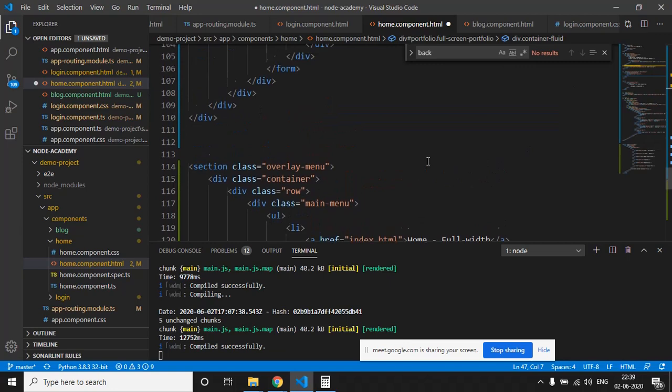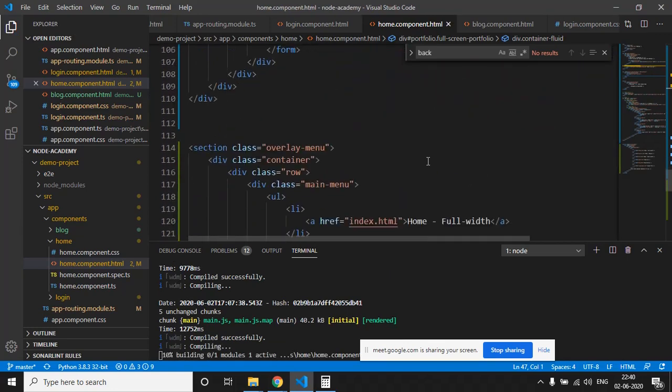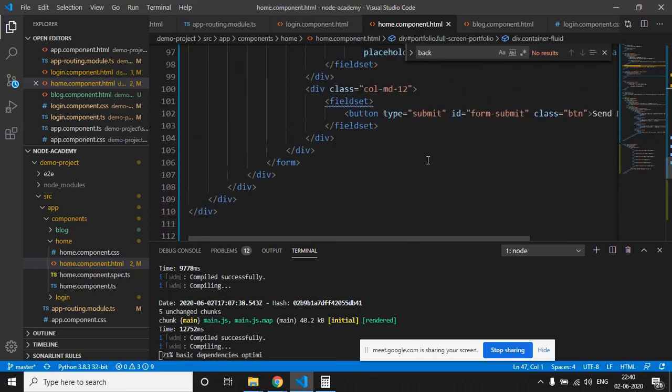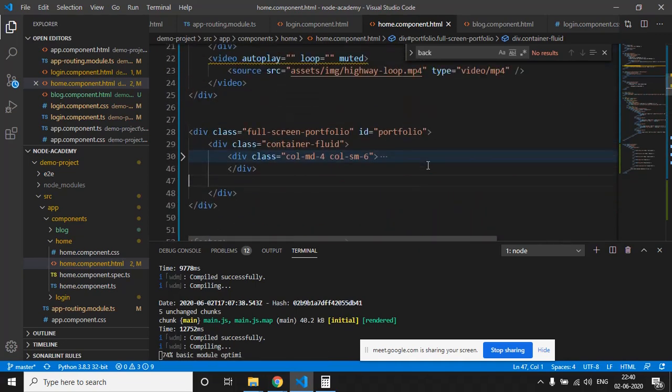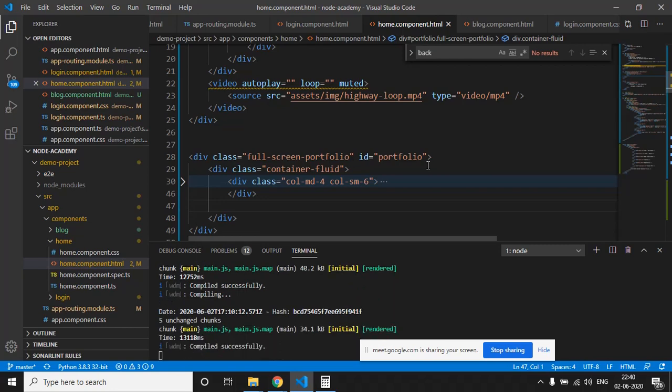Save it and check if it is working or not.